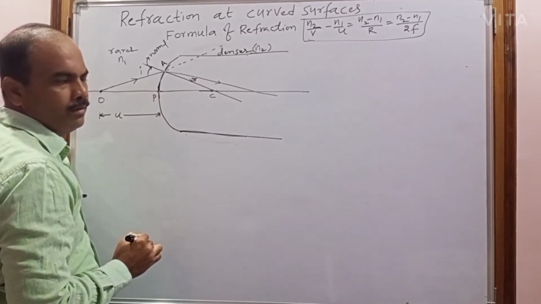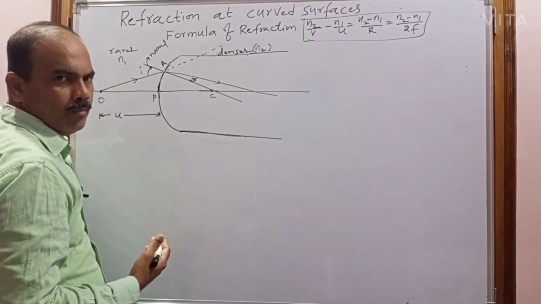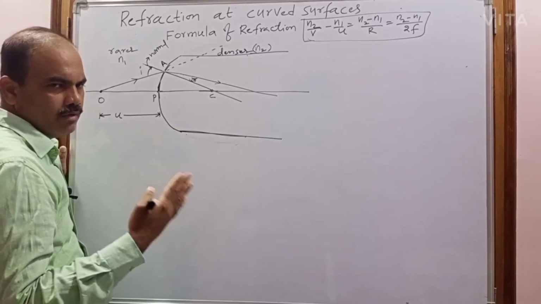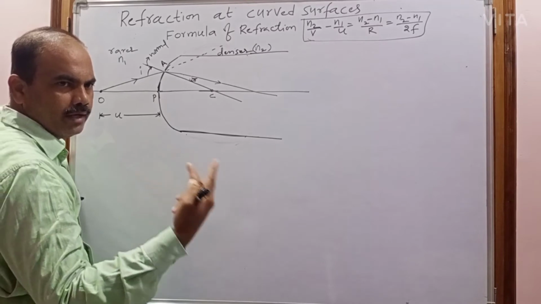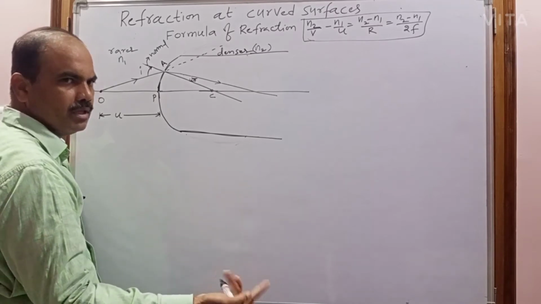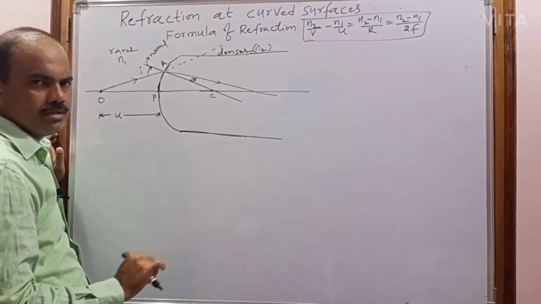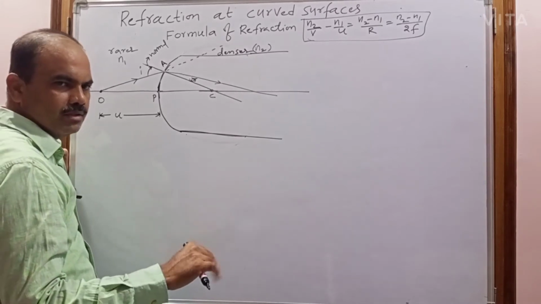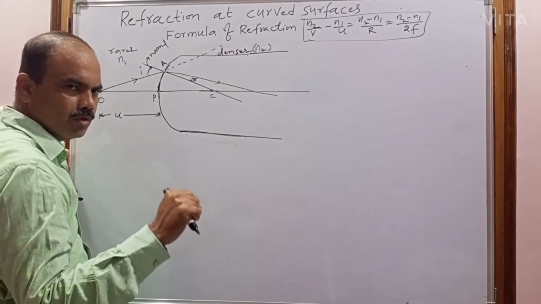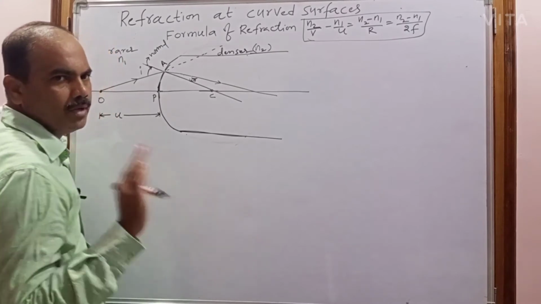So to form the image, how many minimum rays are required? Two refracted rays. The point where the two refracted rays really meet will be called the image. Or when the two refracted rays are extended back and meet at a point, an image is formed at that point, which is also called a virtual image.